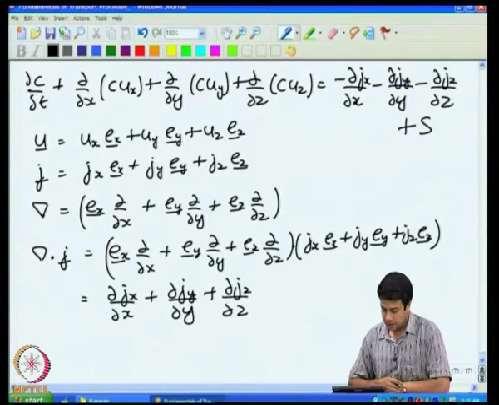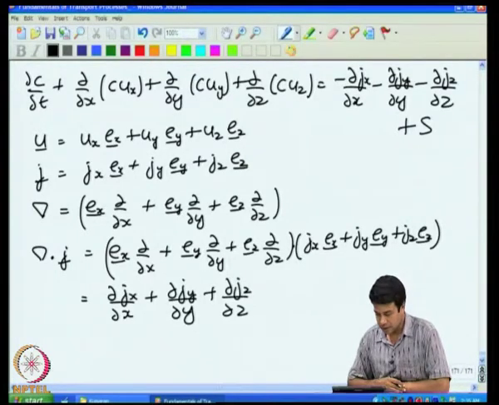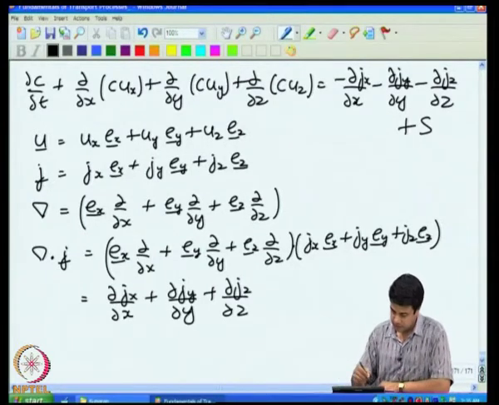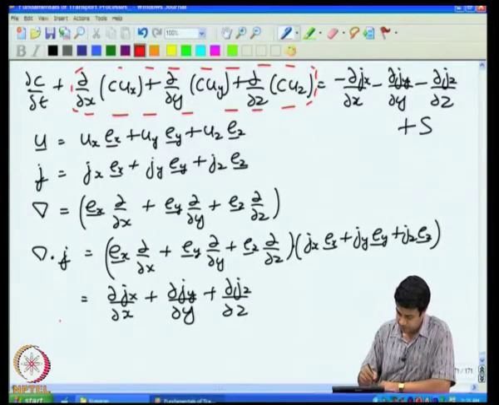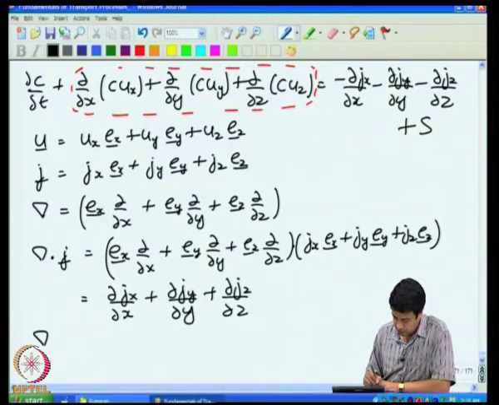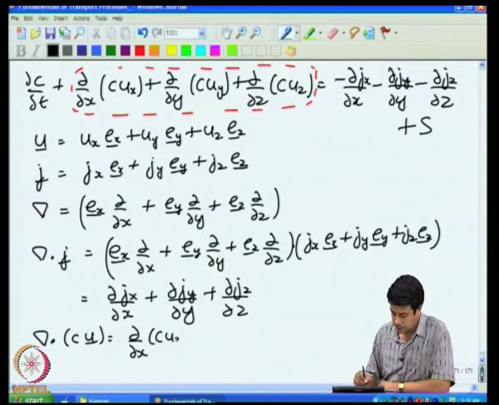So, therefore, I can write the right hand side as minus del dot j, where del is a vector, j is a vector. Okay. Similarly, these three terms on the left hand side I can write as del dot cu vector,